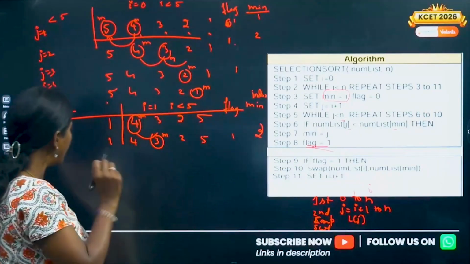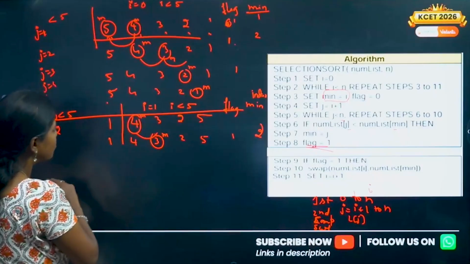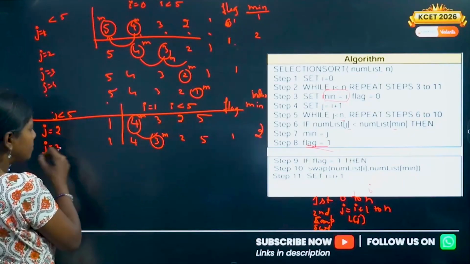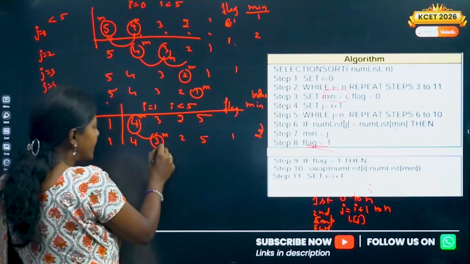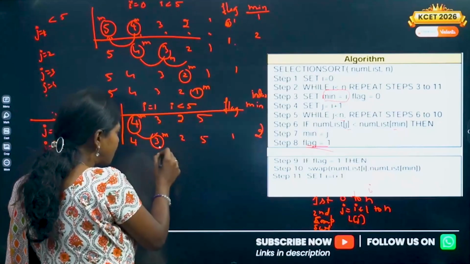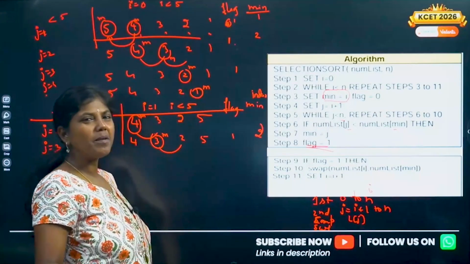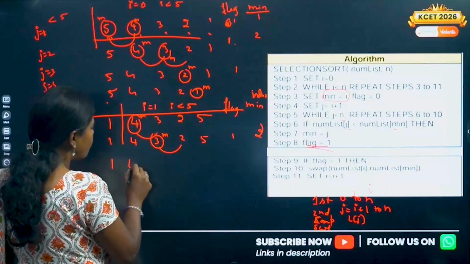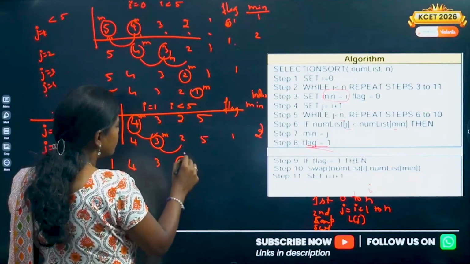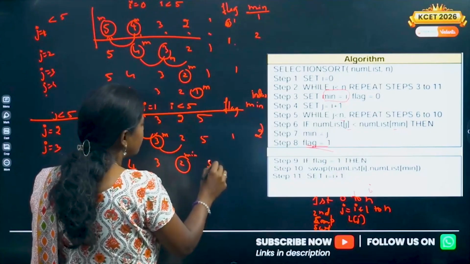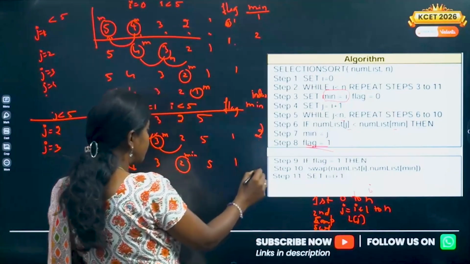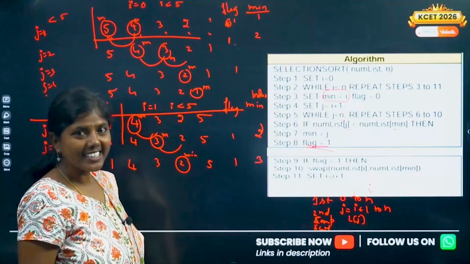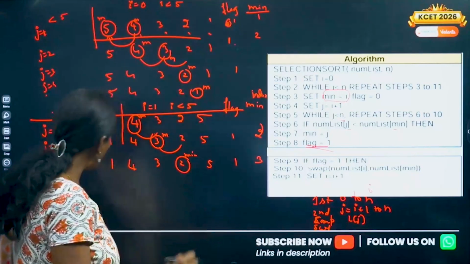Now what will I do? I'm going to make j equal to 3 now. And this is 0, 1, 2, 3. Compare with this. 3, 2 I'm comparing. Definitely 2 is less only, no? Again, you change it. 1, 4, 3, 2. This is going to be the minimum. And this is 5. Definitely flag is set. And minimum is now not 2, it is going to be 3 here. Understood?